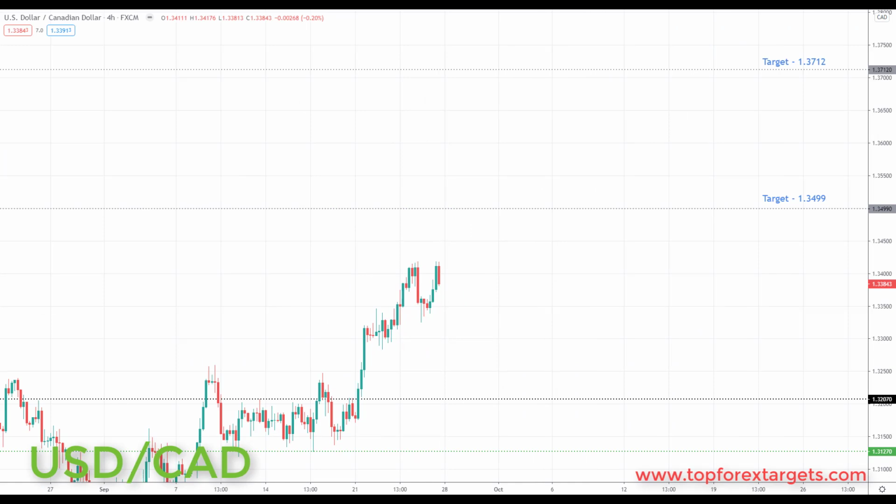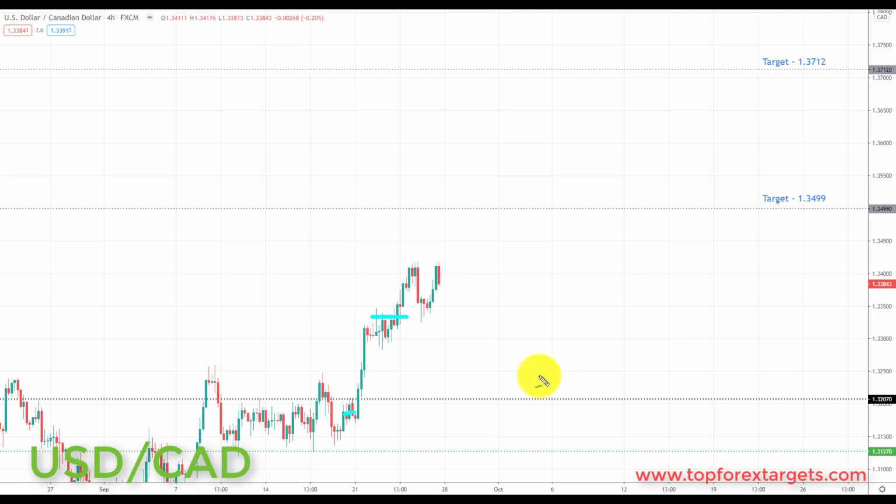So next market we're going to look at is US dollar CAD. Now US dollar CAD was another really nice move from last week. We started the week down in this area right here, and we were looking for a rally into the 1.33290, which was right here. And we did have a really nice rally into this area, and we started to break slightly above it from last week, and we're sitting now roughly at the 1.3400.